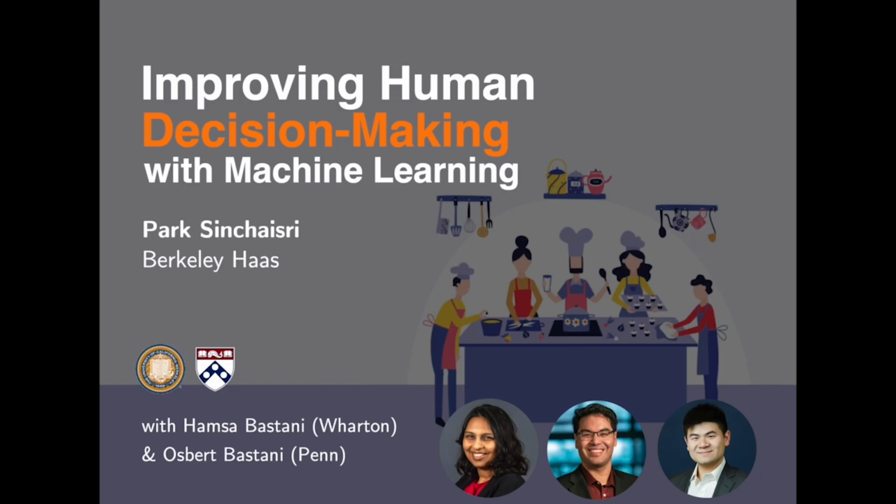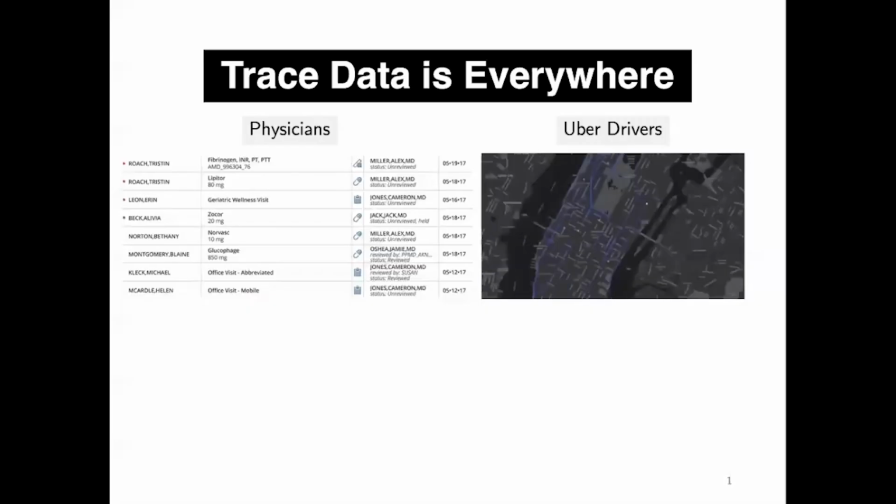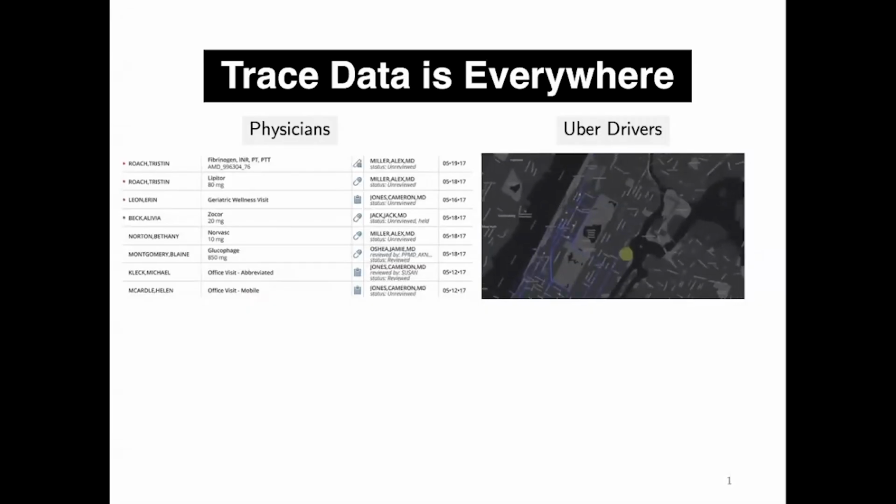A key aspect of human intelligence is our ability to convey our knowledge to others in clear and simple forms. But even very simple insights usually require a great deal of costly experience and experimentation to discover. So, how can we speed up human learning and help facilitate knowledge transfer? One promising source of knowledge is trace data.